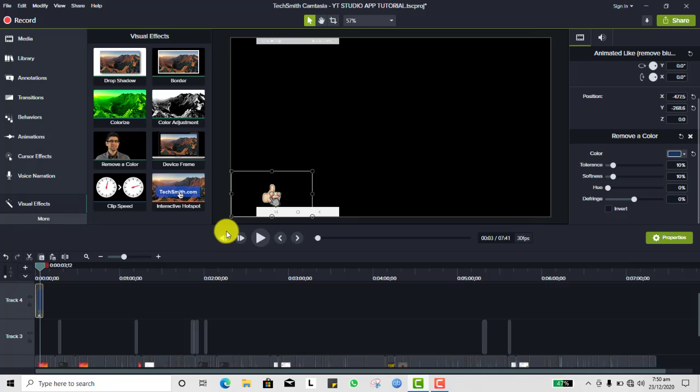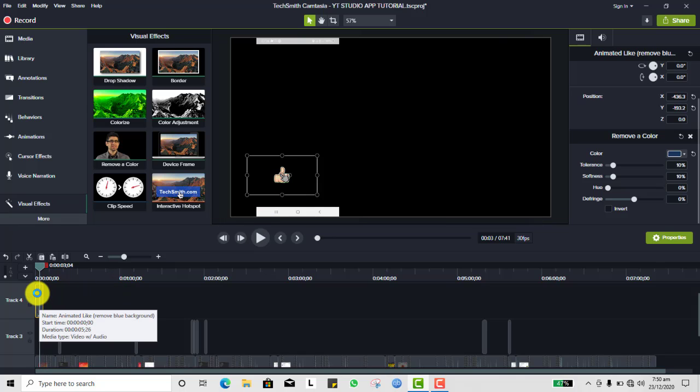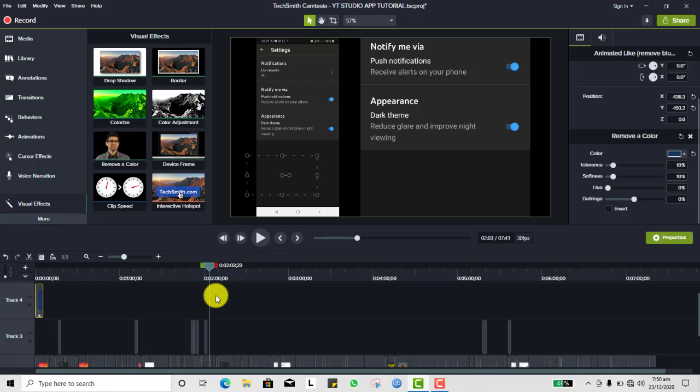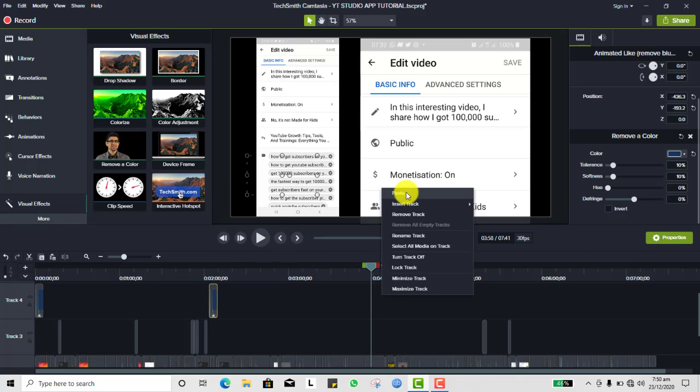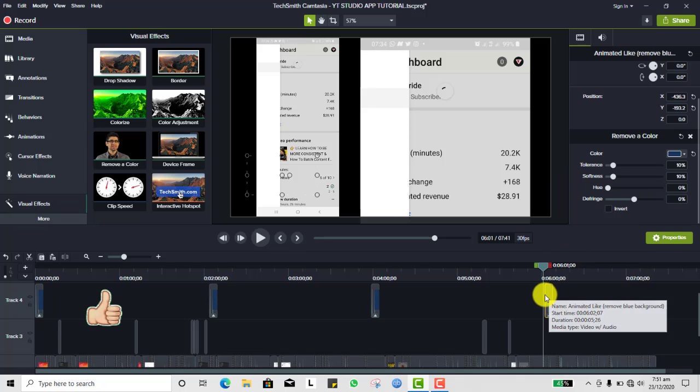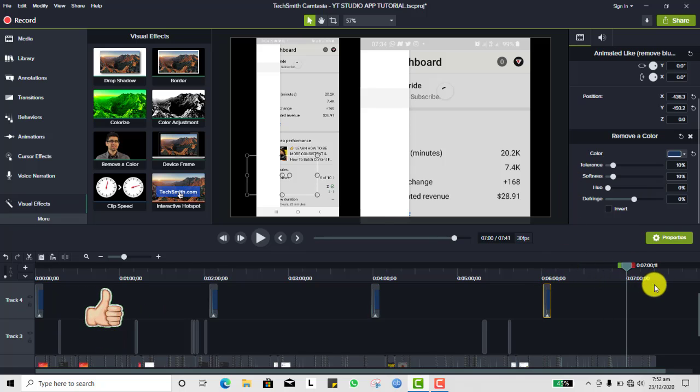And so I think we're good to go. I could adjust it. So now I can copy this and put it every 2 minutes, right? So this is 2 minutes. I can decide to put it here. This is 4 minutes. I could decide to put it here. I paste, and then at the end where I said,